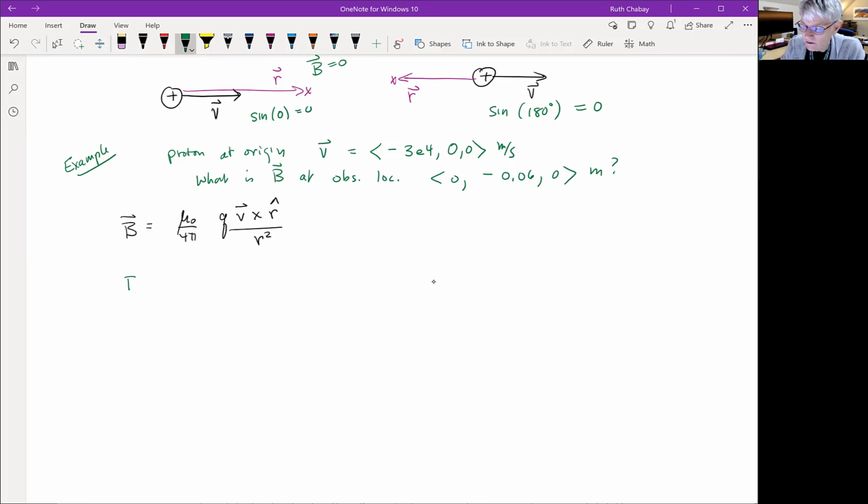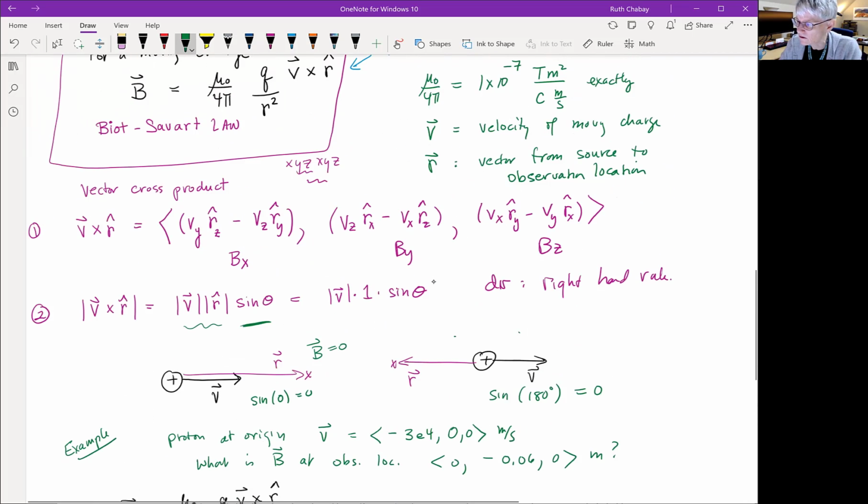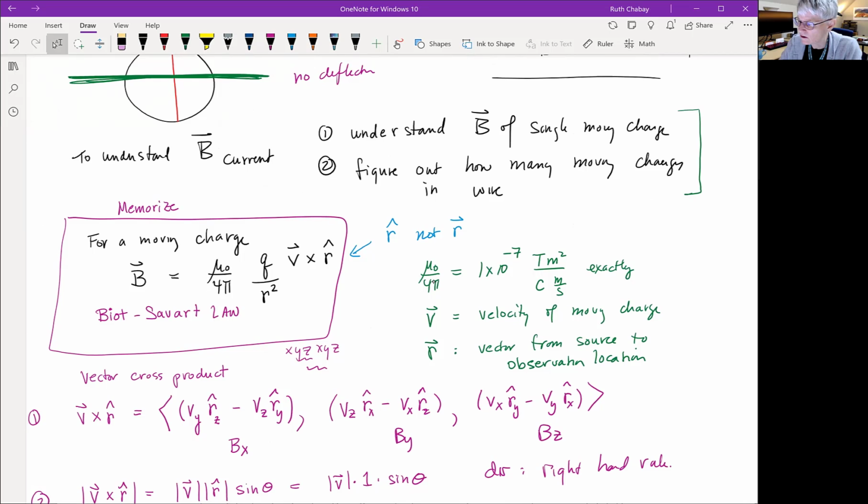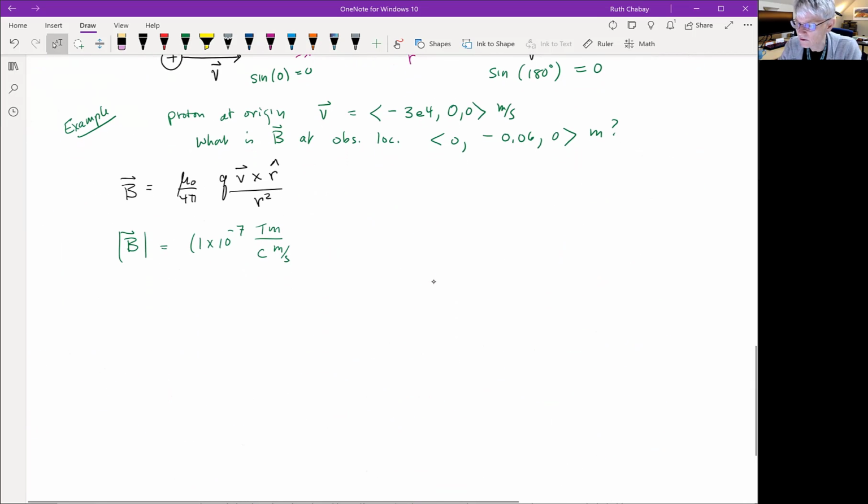So the magnitude of B is just going to be mu 0 over 4 pi, which is 1 times 10 to the negative 7 Tesla meters per coulomb meter per second, I think. Let's get those units. Meters squared, right, per coulomb meter per second,